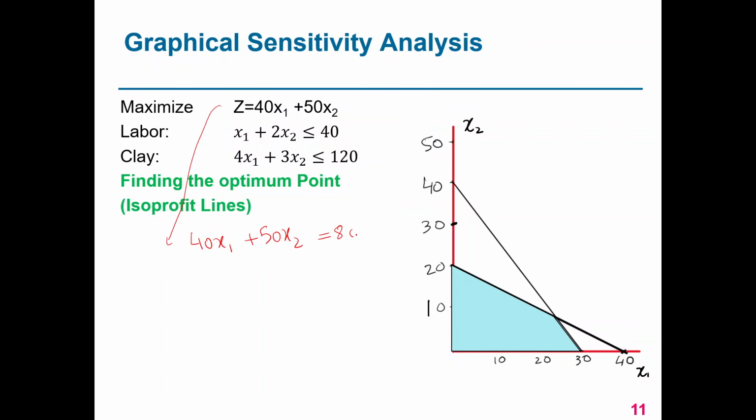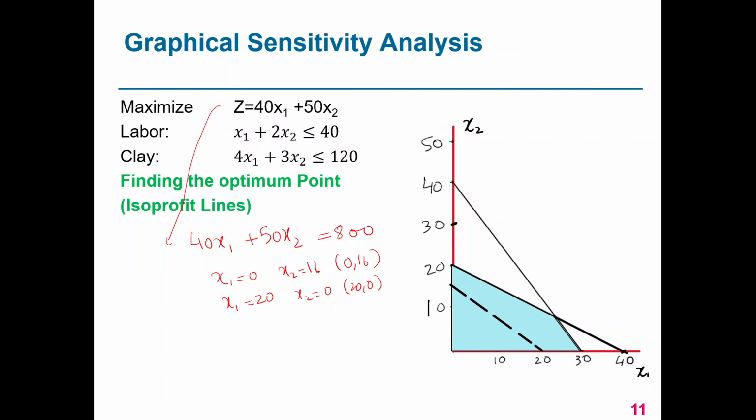Let's say we use 800, and if we put x1 equal to 0, then x2 is equal to 16, and then if we put x2 equal to 0, then x1 is equal to 20. So using these 2 points, 0 comma 16 and 20 comma 0, we can plot an isoprofit